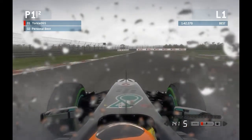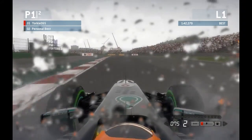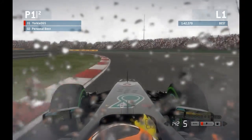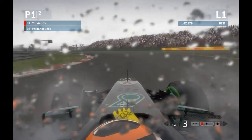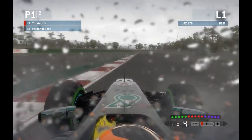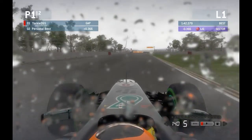Hook up the curve on turn 9 again, and it's actually the same approach as it was in the dry. And then once again, turn 10, slight lock up there, which caused me to go a little bit deep, but not too bad. Turn 11, same approach as it was in the dry again. Hook up that relatively late apex, try and open up the second part and try and get on the throttle as early as possible. Try and maximise the speed through here, just again another lift off,